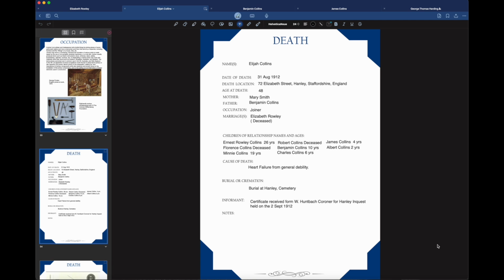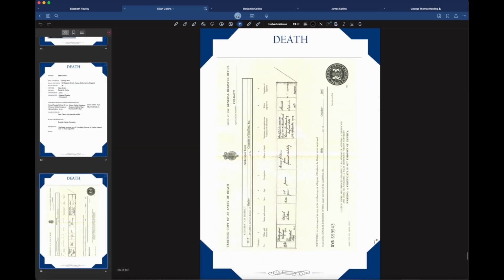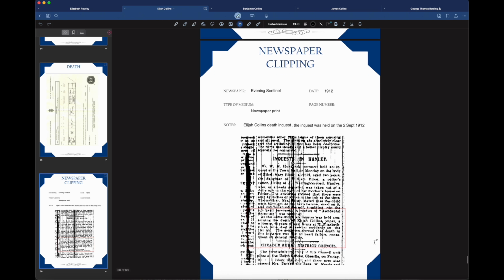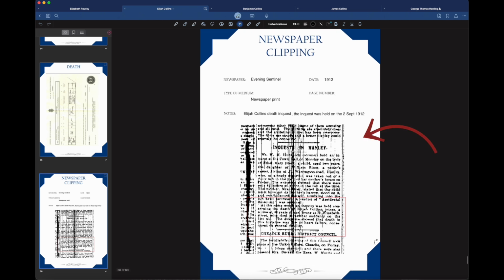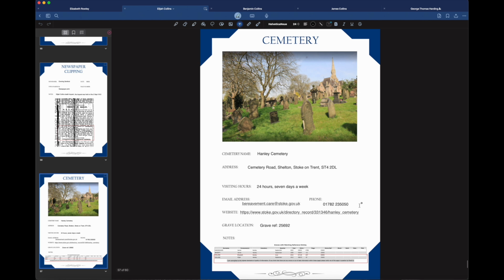Here is Elijah's death record. I filled in the information about his death and his death certificate I've put on the blank page. There is an inquest in the newspaper, so I've added that into the newspaper clipping, and I've put all the information. It's very, very hard to read, so I have put a red box around it. And then we have the cemetery page,